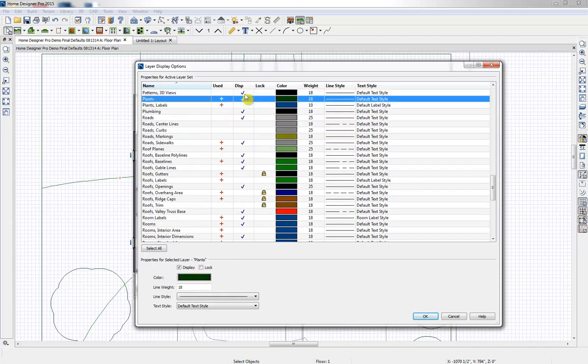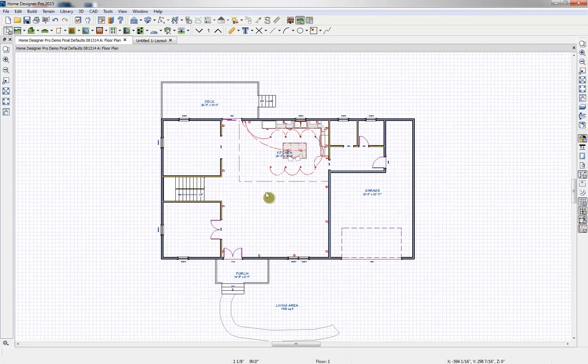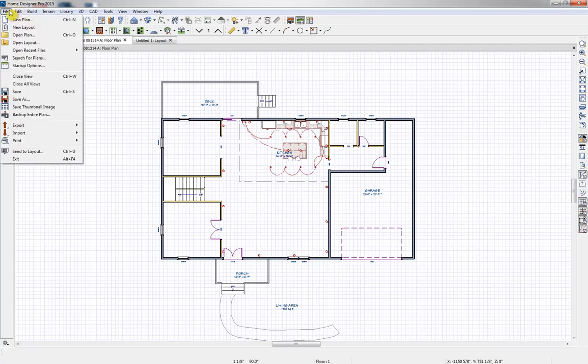And any plant items, we want to make sure those are gone as well. And we'll click OK. And so now those have been removed from the plan. We can send this to layout. So to do that, we can go up to our toolbar here, go to File, Send to Layout,